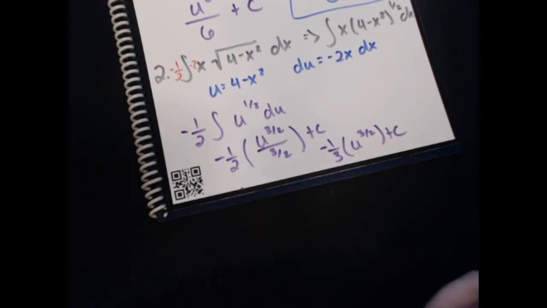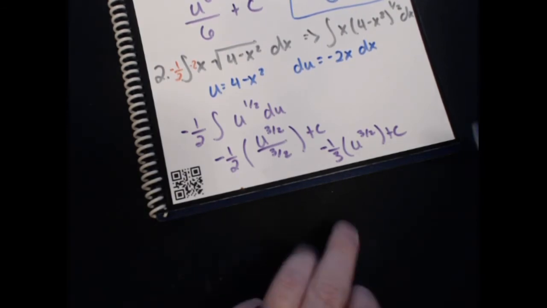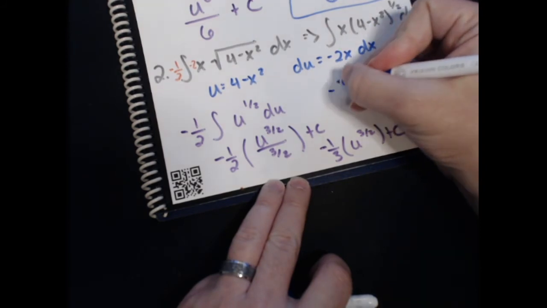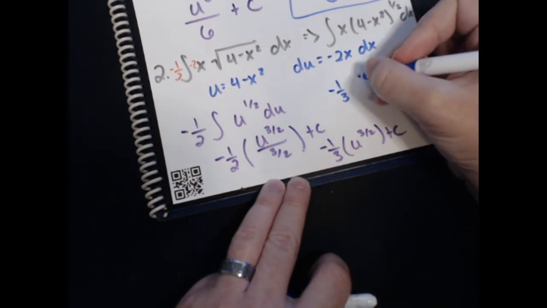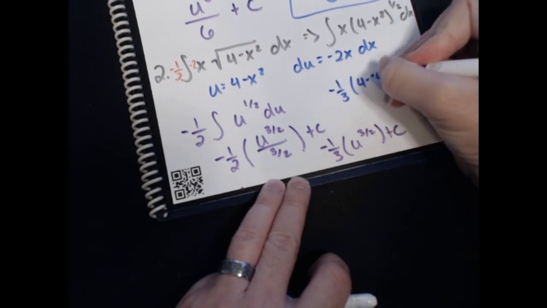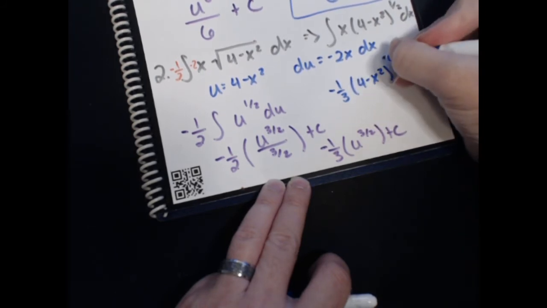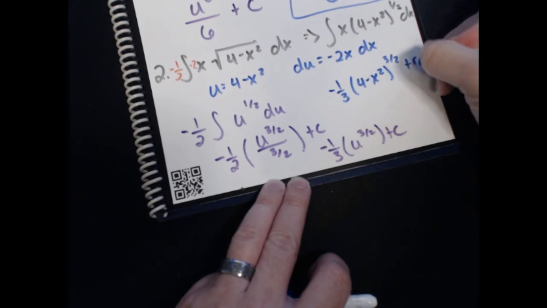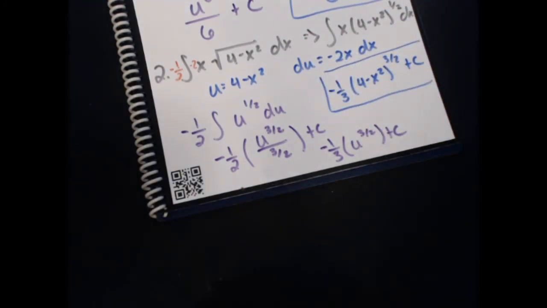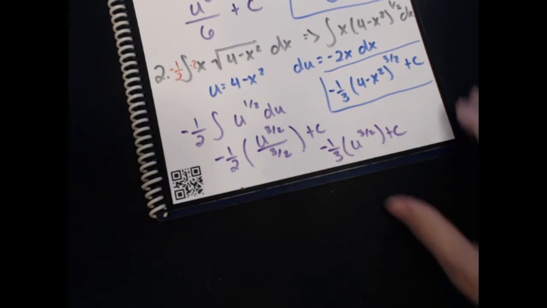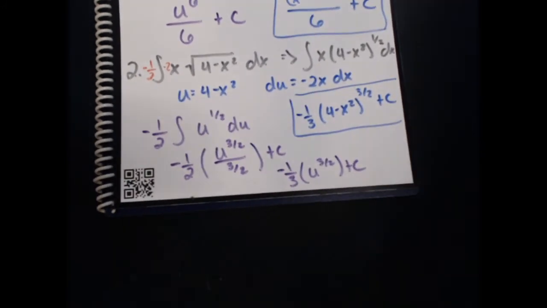So then you come back and you substitute your U back in. So you get negative 1/3. And then you have your U, which was 4 minus x squared. And that's a 3/2 power plus C. All right, so that's very similar to what you did before with U-substitution. And I have two other problems that are similar that I'm going to let you all do for homework and we can talk about them